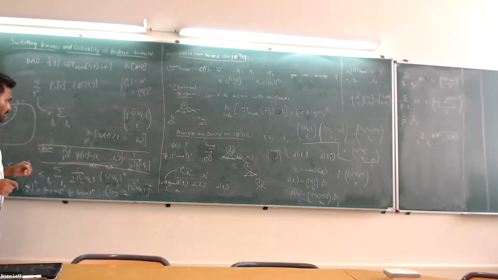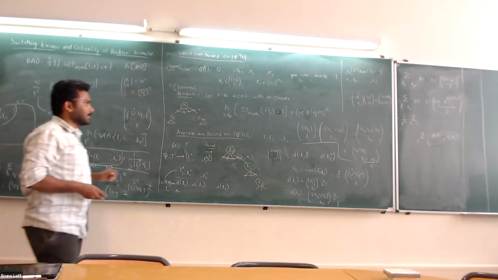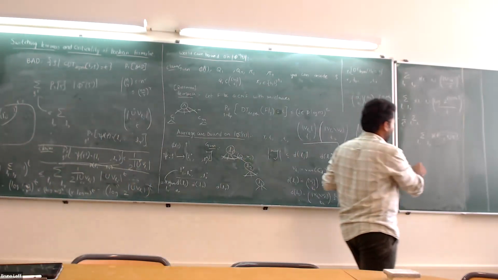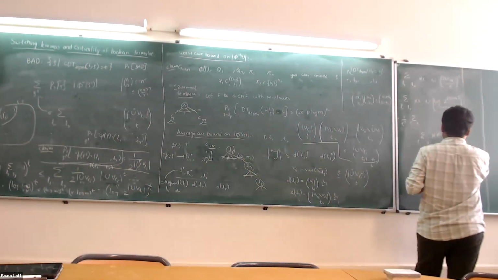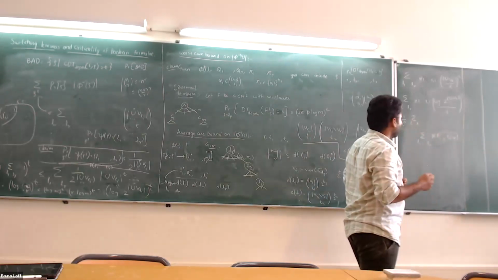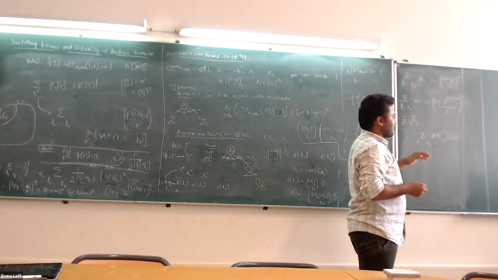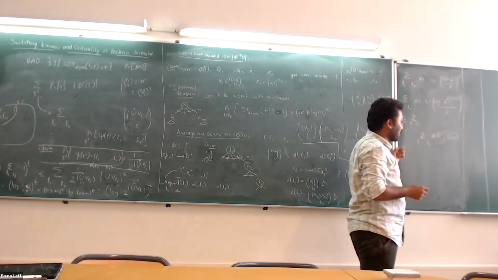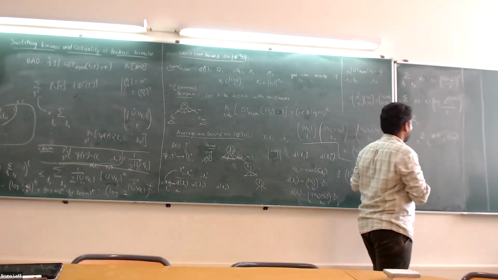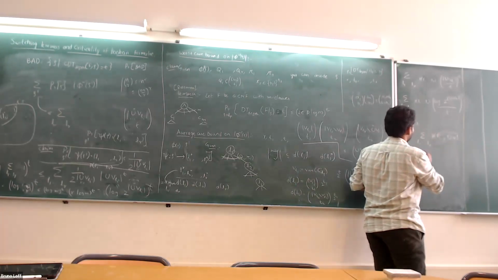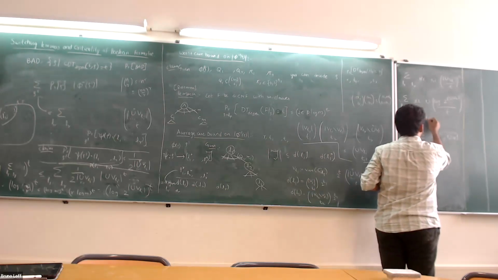I mean, now it's just the sum of probabilities of some events. So it equals 1. Now you use convexity. Comparative law part. You get